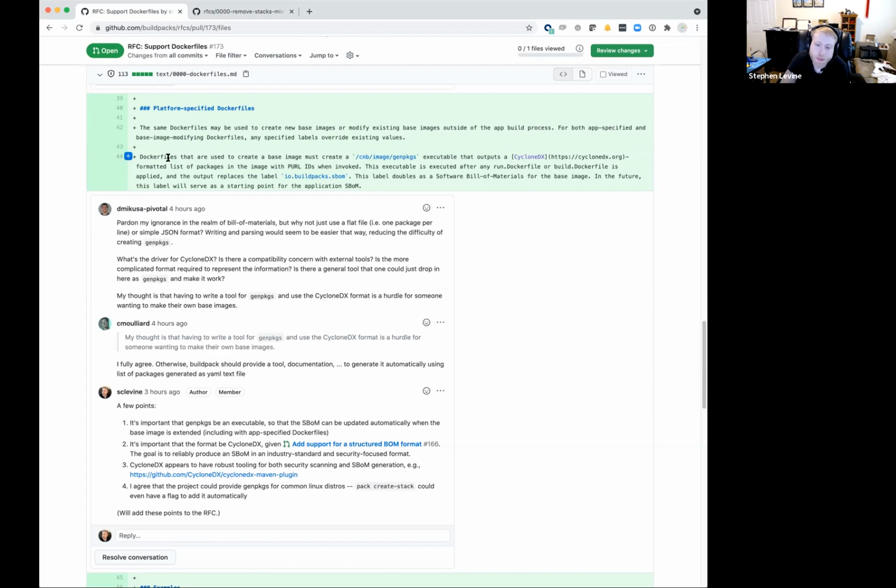It can just no-op if you want, but I didn't want to make it so that you can make a stack and have no idea that, even though all the other tooling around you is contributing metadata, a whole bunch of stuff is going to get missed. The reason it's an executable is so that when you apply the app-specific Docker files or extensions, people don't have to worry about this at all. Only the original stack author has to care about it, and they can do that by grabbing tooling from the project that understands the distribution and how to generate the cyclone-dx listing. Okay.